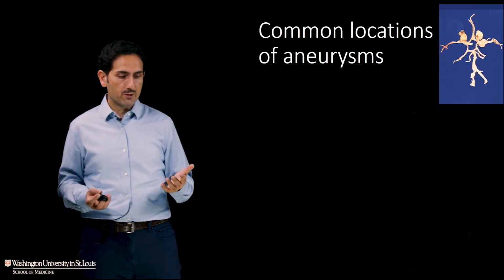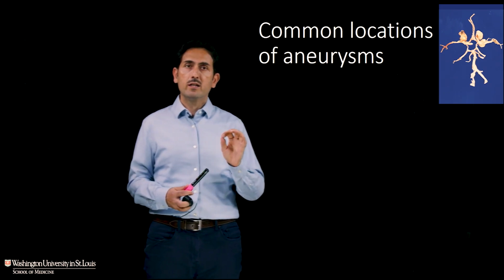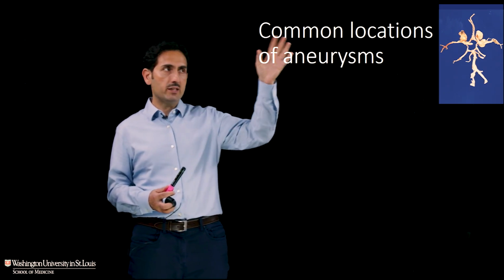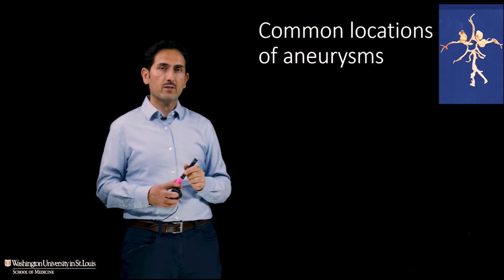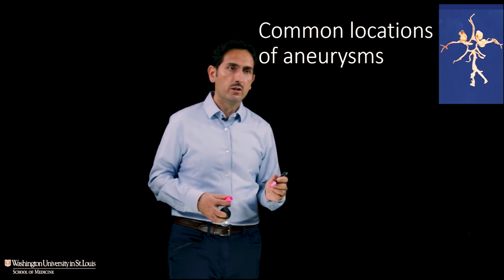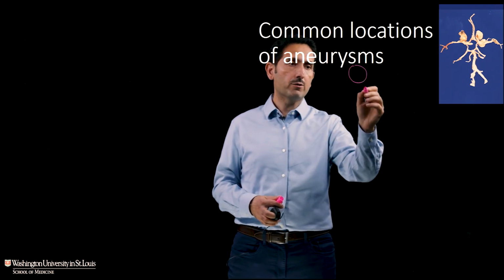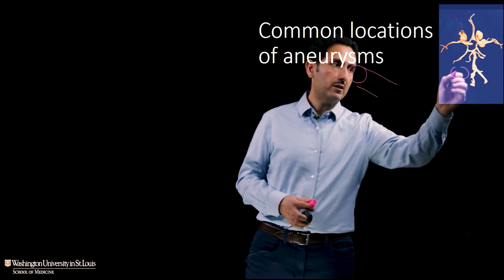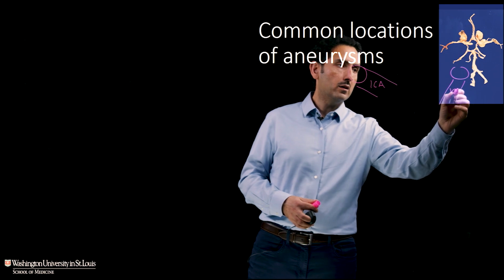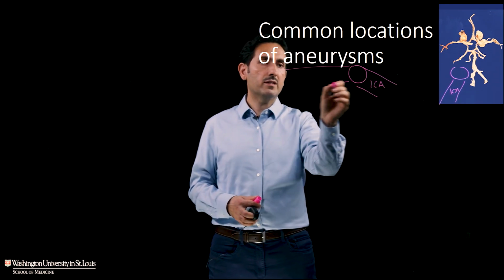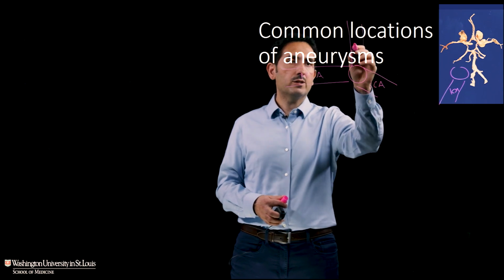So what are the common locations of brain aneurysms? Well, I think if we understand and visualize the circle of Willis and understand that aneurysms occur, as you see in this pathological specimen, at the branching points of the blood vessels, you can get a sense of where these aneurysms typically occur. So if we try to draw the blood vessels, if we draw the internal carotid artery coming up in the neck up to your brain, and then the internal carotid artery divides into the middle cerebral artery, and I'll draw this on one side, the anterior cerebral artery.